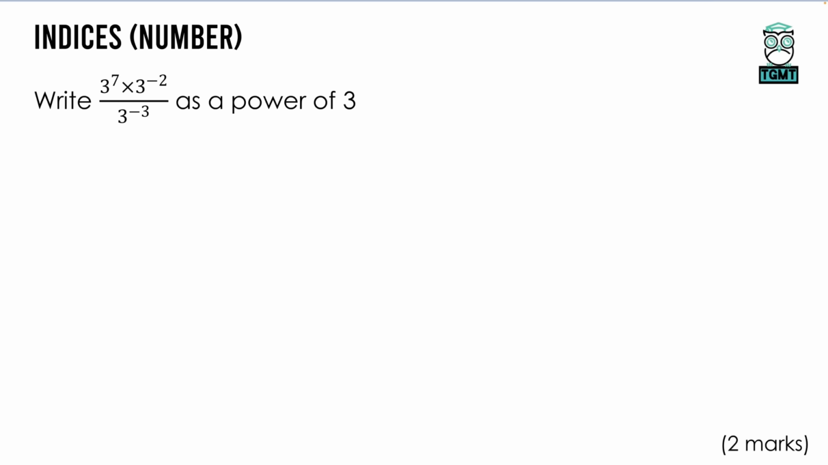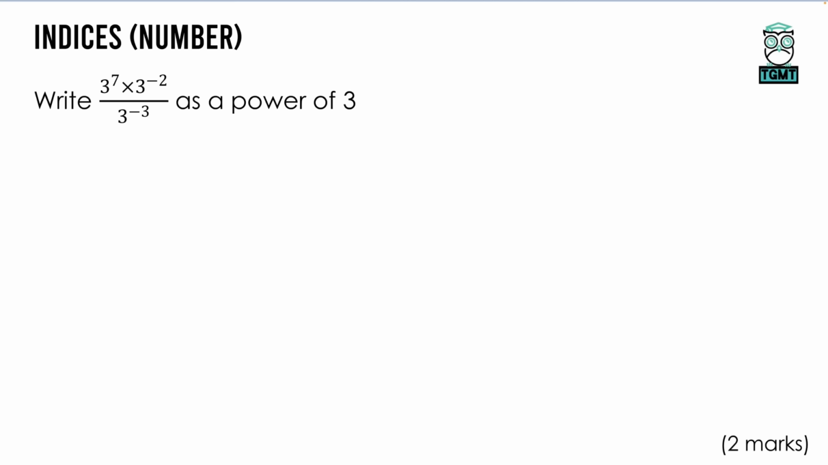When we have indices and we are dealing with numbers, we could be asked to write the value of this. However, if we were asked to write the value here, we could just type this into a calculator. But this one says write it as a power of 3. So if we're going to write it as a power of 3, it's easier for us to apply our index